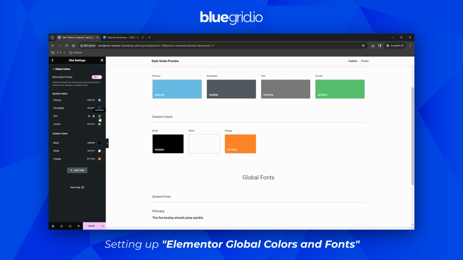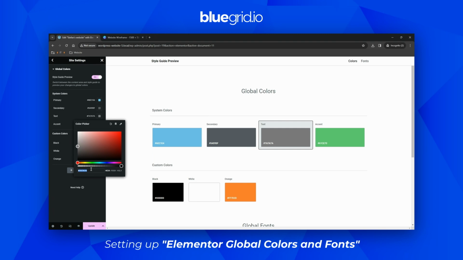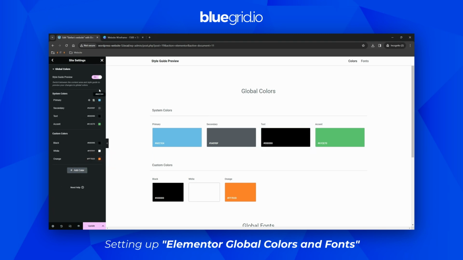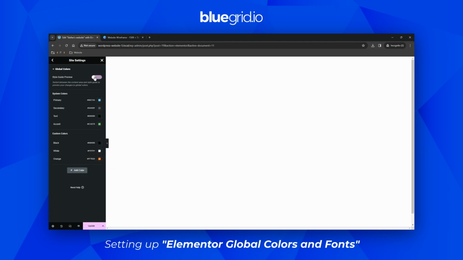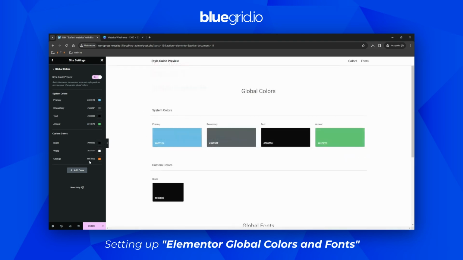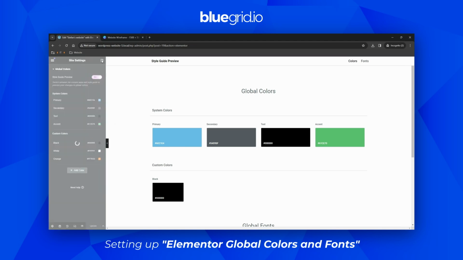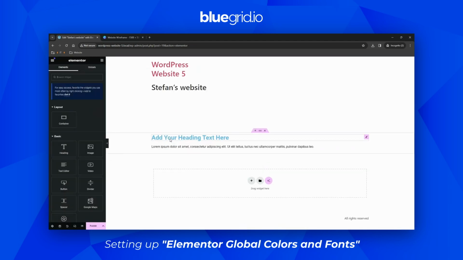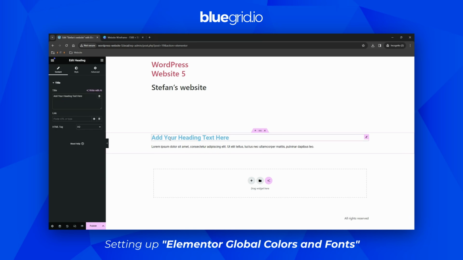So if I click here, I'm gonna set it to black. Now, if I turn this off, you will see that the text here is black. In order for this heading to have one of these three colors, we'll have to assign it. So let's update these changes. Close site settings. And now in order to set these colors and later on fonts to certain elements, in this